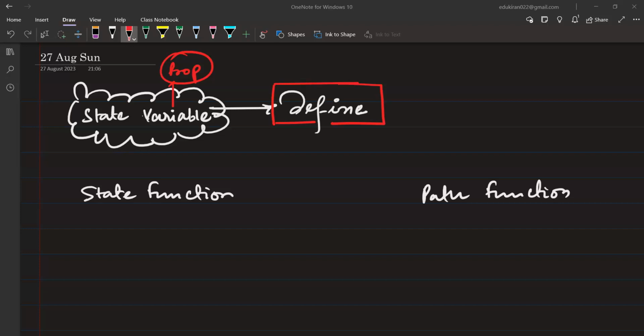Similarly, for example, work done can be a path function. Another state variable can be how much work is there in the system. All of these things are state variables. Now, what is a state function? State function and state variable are different. Whenever we talk about state variable, we have to define the system first of all. But state functions are functions which depend only on the state.